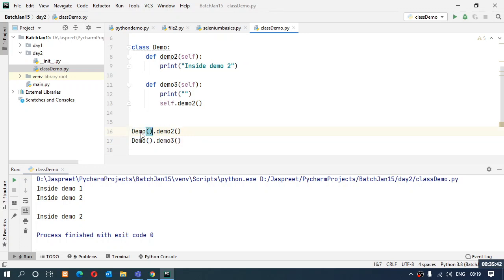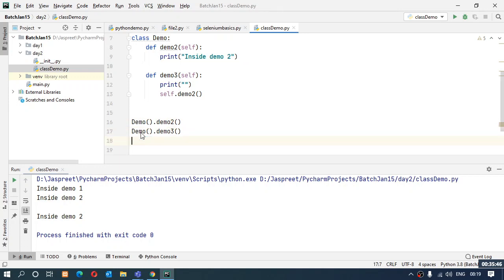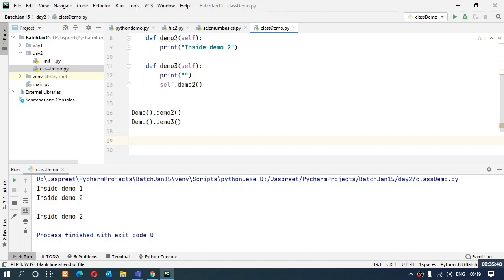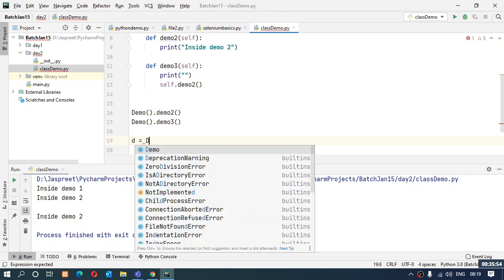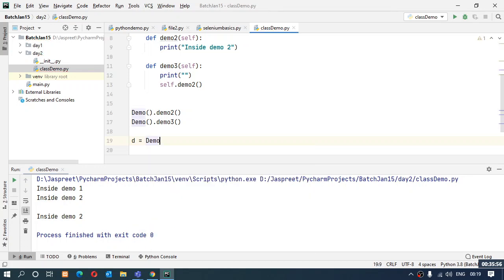I can make a reference to these objects. What I can do is say that there is a variable d, and then I make the object. Now by this I have made an object of my demo class and a reference to that object, that is d.